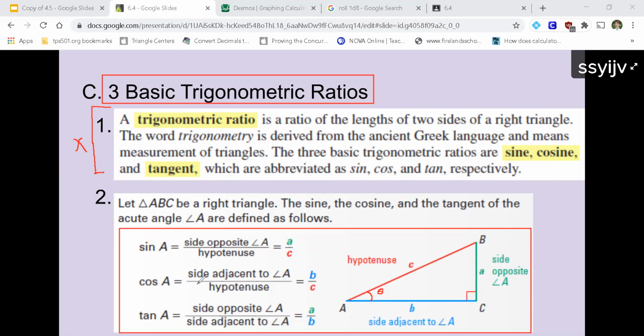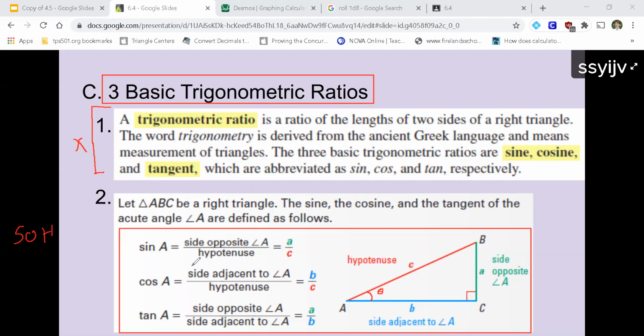What can make this kind of tough on the ACT is they do expect you to have these labels memorized. And they do expect you to have these formulas memorized. There's a trick to memorizing them, though. There's a phrase that you can say that has all the formulas in it. And it's